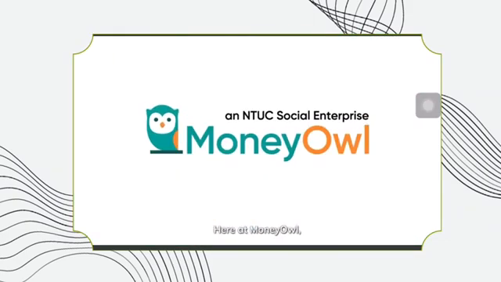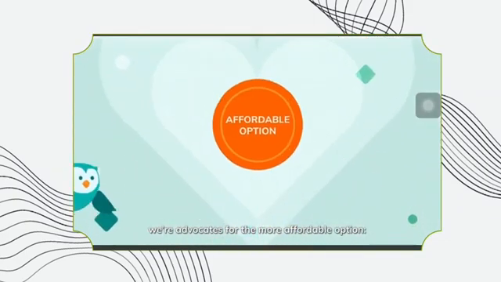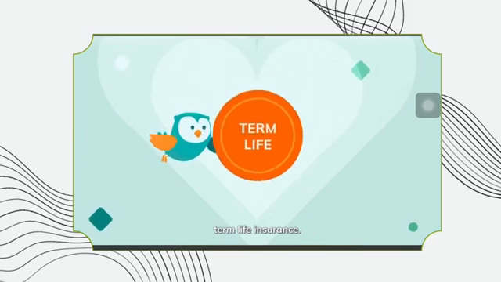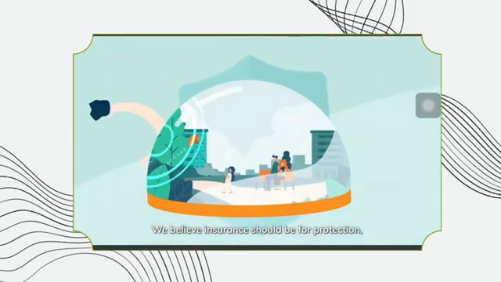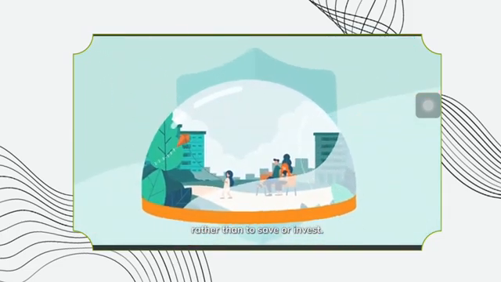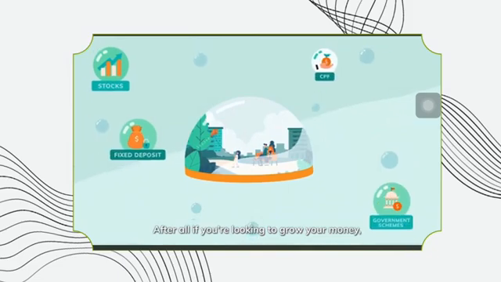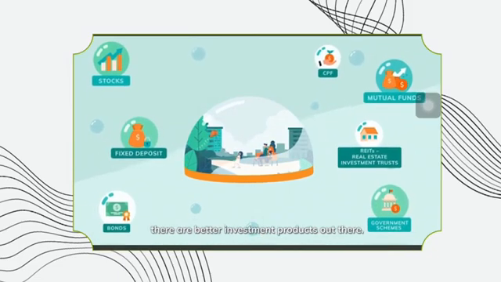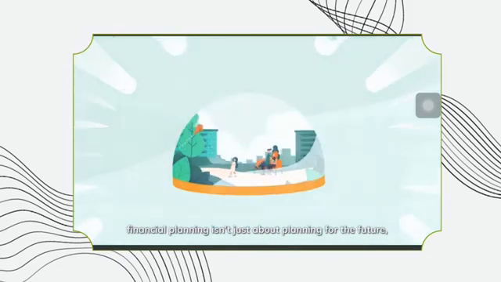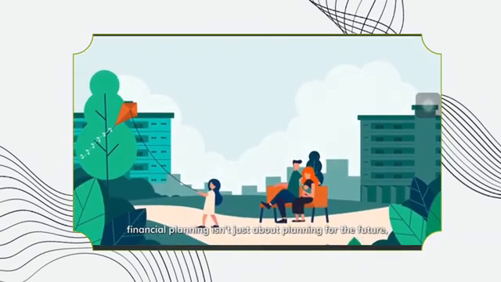Here at Money Owl, we're advocates for the more affordable option, term life insurance. We believe insurance should be for protection rather than to save or invest. After all, if you're looking to grow your money, there are better investment products out there. Remember, financial planning isn't just about planning for the future. It's about ensuring you have enough for a meaningful